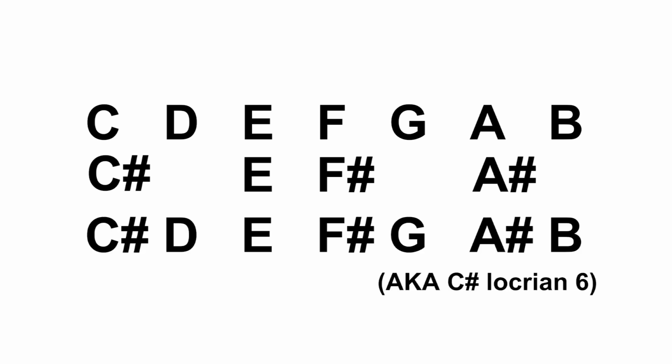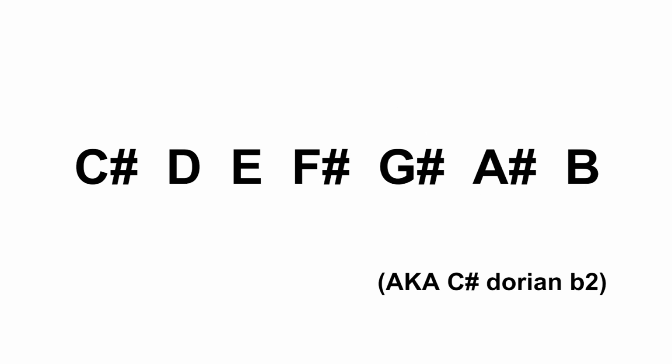The first step is to write down the original scale you want to alter. Let's take C major. Now, write down the chord you want to use the scale above. I'll take F sharp dominant 7th and write it down starting from C sharp. Now I'll alter the original scale so each of the chord tones fit. You could, if you really wanted, use this scale above the F sharp dominant 7th. However, there is this annoying augmented second between the G and the A sharp. So let's raise the G to G sharp. Perfect. Now that the augmented second is gone, this scale is much better for melodic use.